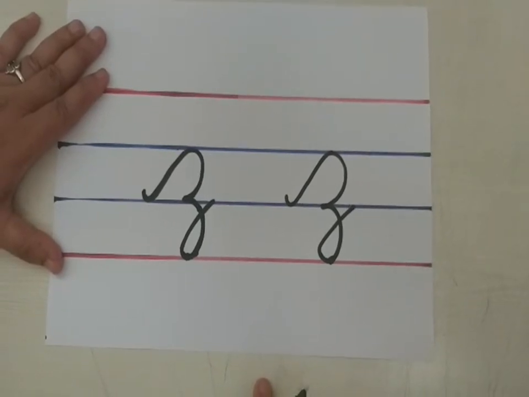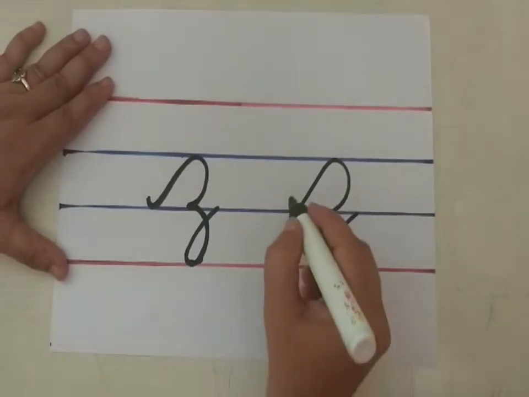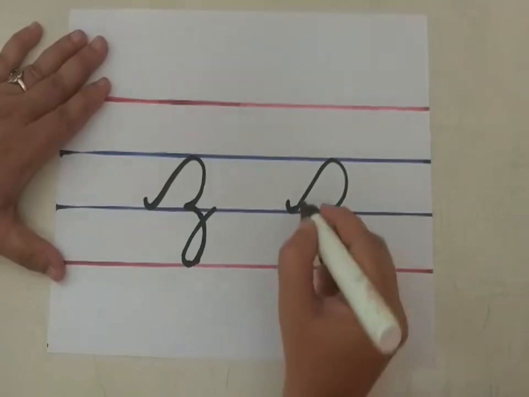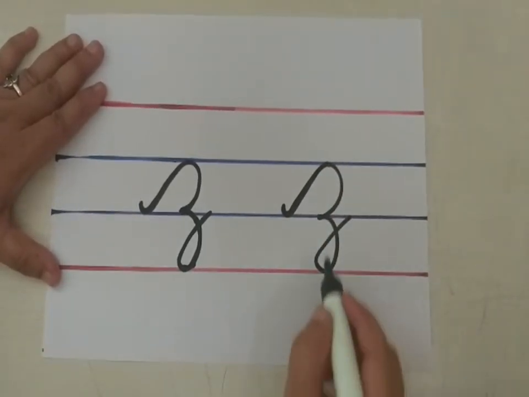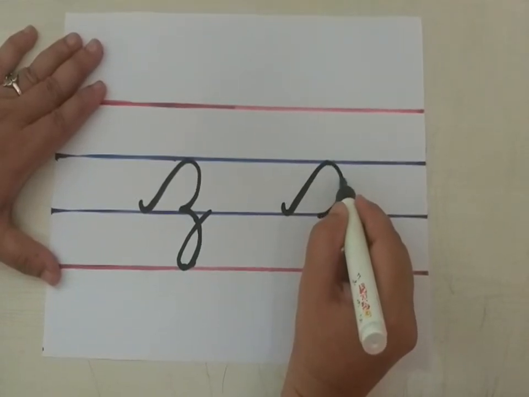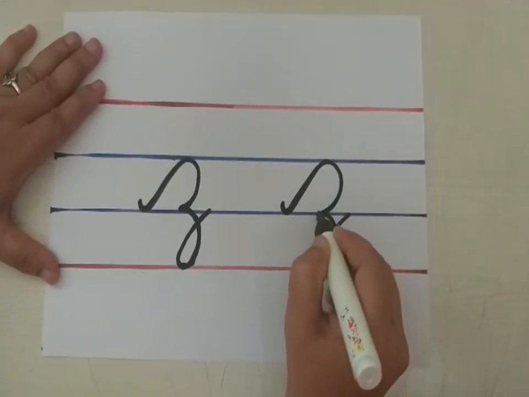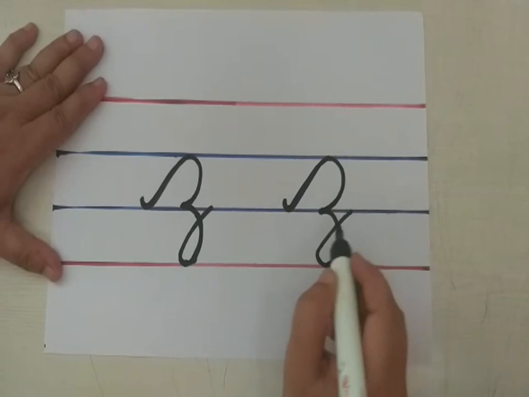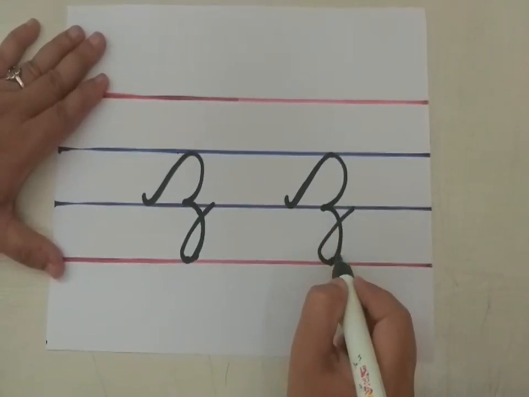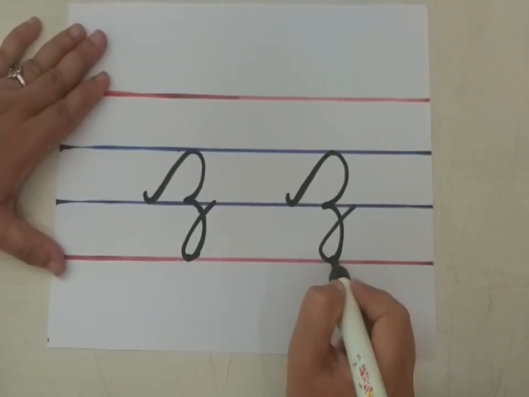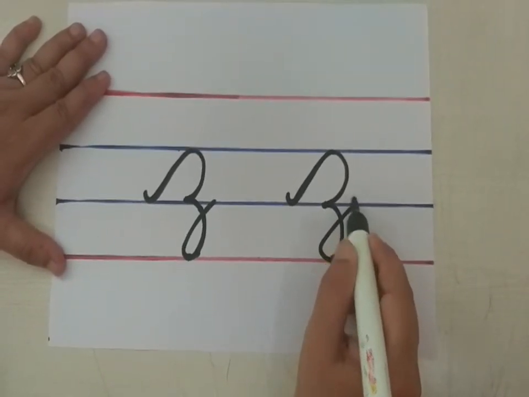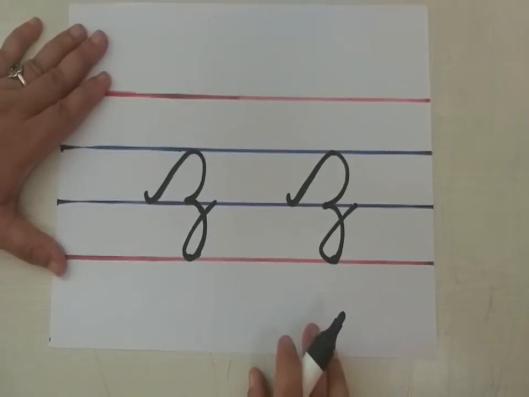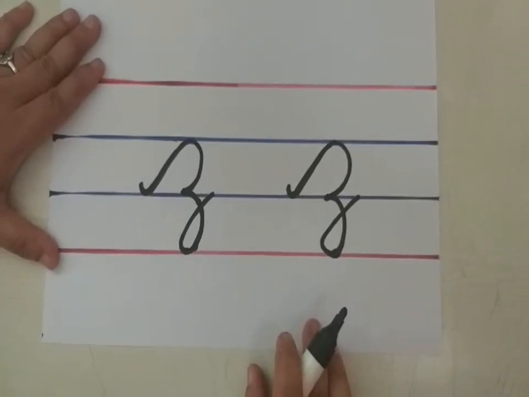Shall we write once again? Take a small curve. Go up to the second blue line. Slanting line, children. Now make a half curve. Okay. Now again come down to the fourth red line. Down, children. You have to come down. Now take a turn and go and join this third line. So this is small cursive Z. Small cursive Z.